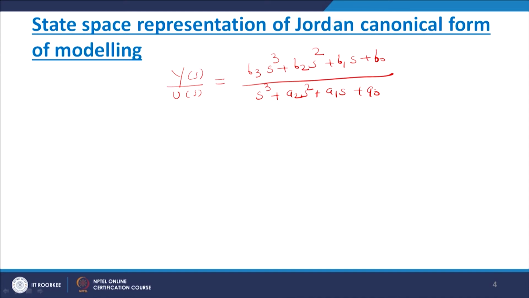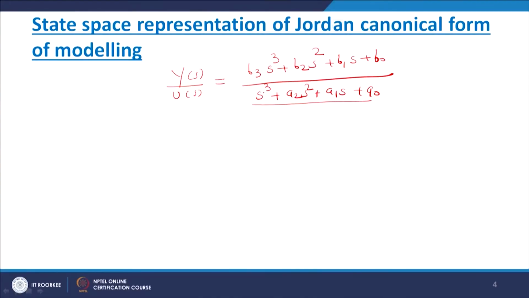So this is a third order system, and you will find that here the order of the numerator is also 3. So this is a proper transfer function, and we assume that the roots of this denominator